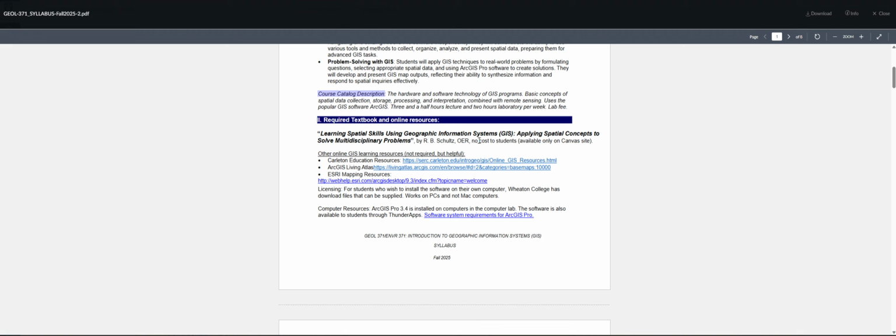Other online GIS learning resources are listed here that are very helpful to you but are not required. You can see the links that are there and you can click on those. There isn't anything here that is required for you. We will be using the ArcGIS Living Atlas as a tool, and you'll be instructed on how to use that within the workbook itself. Since the Esri platform, this GIS software platform, is rather technical and rather complex, you'll need some help with it. And there are times when you'll need to do some research to be able to find